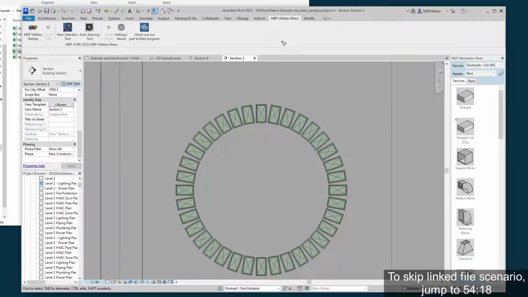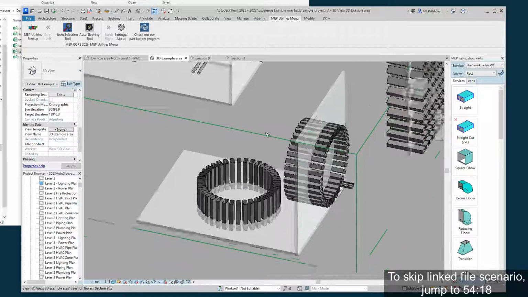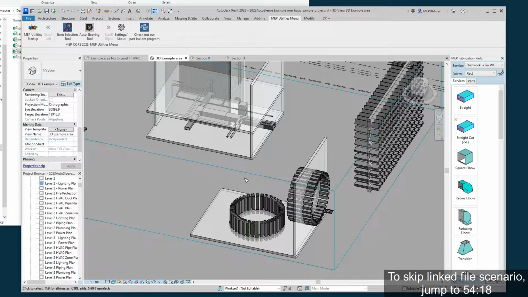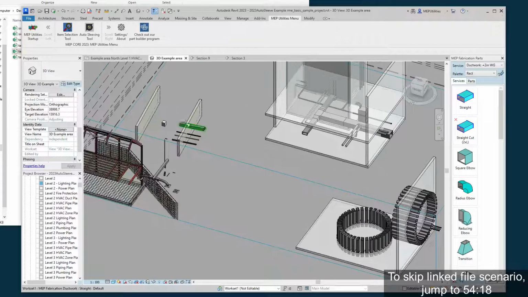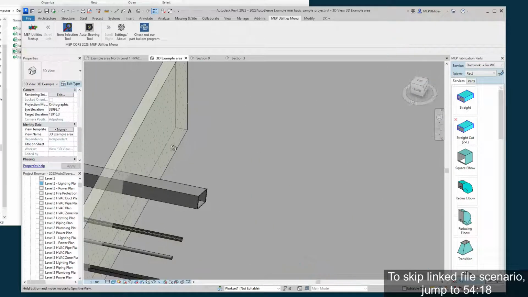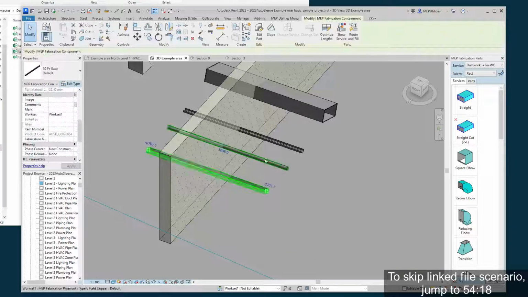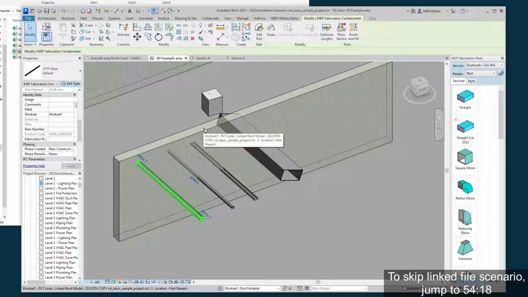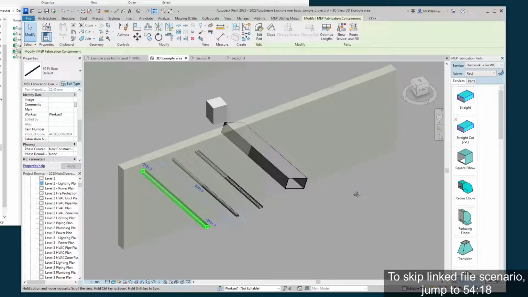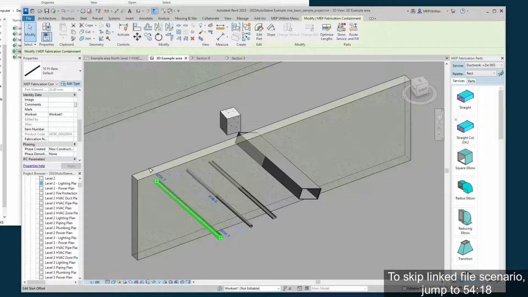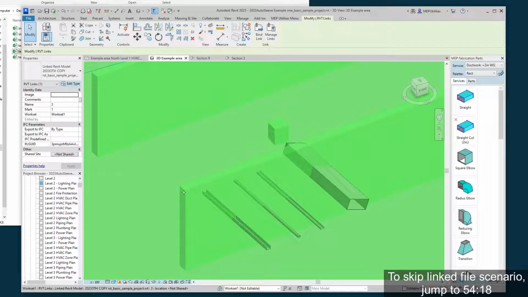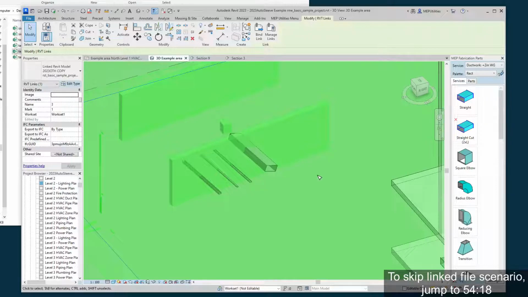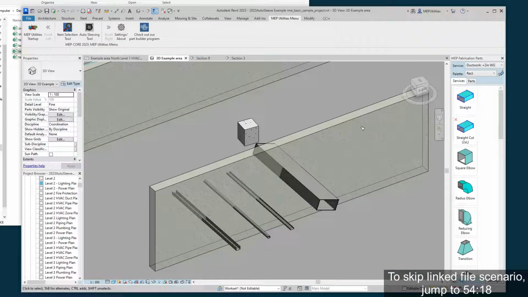So now what we're going to do is we're going to do the actual promo section and kind of go through some examples of situations you might want to sleeve on. So those are pretty interesting examples, but this one is, I think, a pretty good example of one of the benefits of this program, in that it can deal with linked files. So here is a linked file that has some walls in it. So as you can see, when I click, it selects everything because it's a linked file. But this wall here,